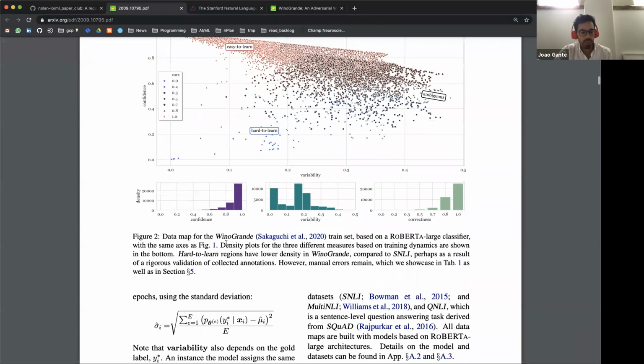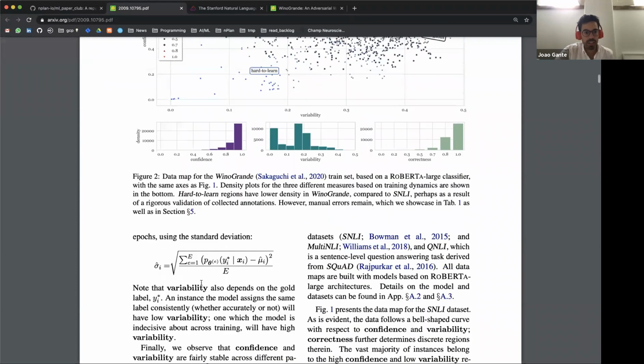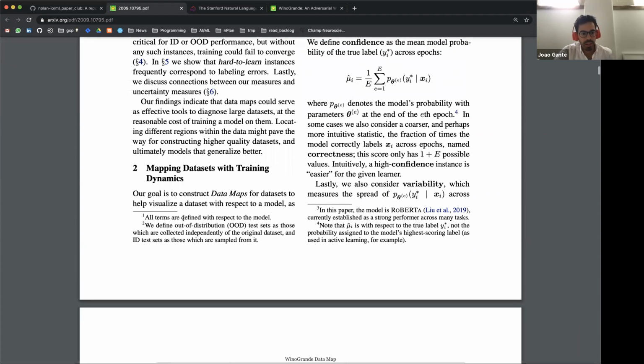I forgot to talk about one detail in the paper. I think it's up here. Okay, yeah. So they have this footnote where they define what out of distribution and in distribution sets are. This will be relevant for the remainder of the paper. So they theorize that if they do things right, they will increase the generalization capabilities of a model, and they could measure the generalization capabilities of a model through an out of distribution test set. In this paper, an out of distribution test set is a test set for the same task, but that belongs